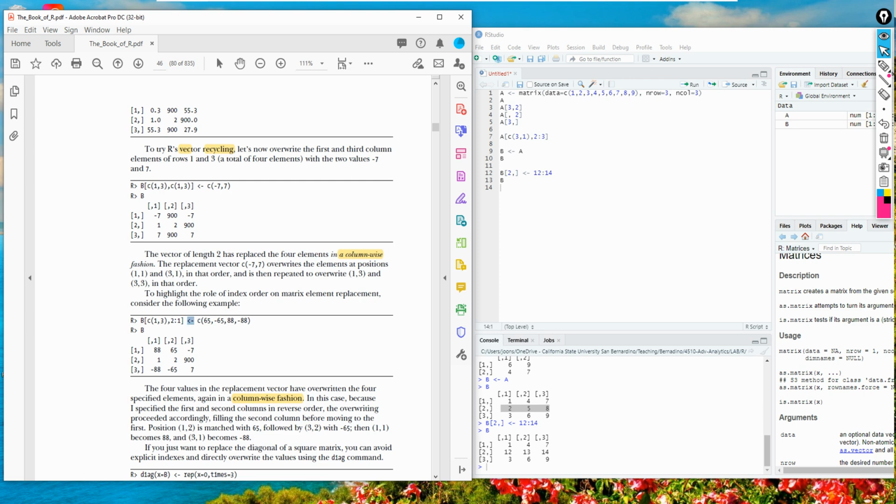You want to overwrite the first and the third row, and this means the second and first columns. So how many elements in total? Basically, 4 elements will be changed.